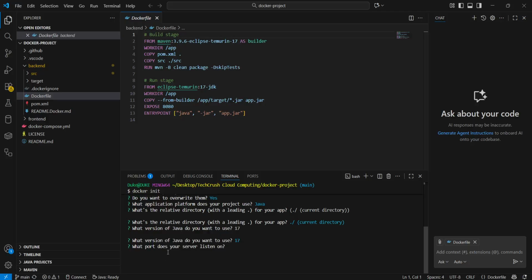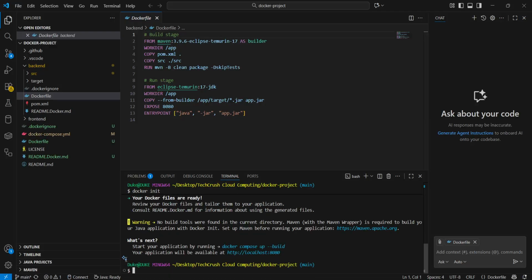And it asks, what port does your server listen to? My Java server, I told you, by default is 8080, so I'll put 8080. And then you see that now, inside this backend folder, some things have already changed. It had only the Dockerfile and the Docker ignore before, but now,